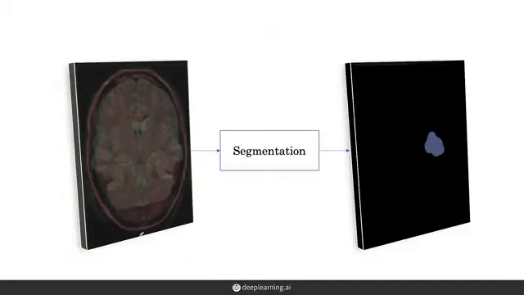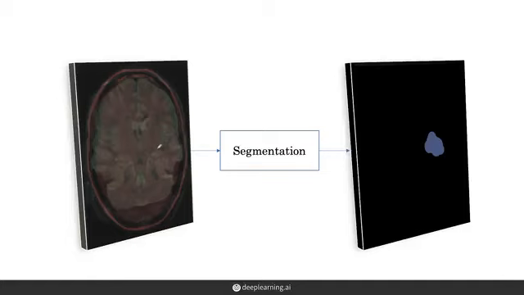Now that we've seen how we can represent MRI data, let's turn to the task of brain tumor segmentation. Segmentation is the process of defining the boundaries of various tissues. In this case, we're trying to define the boundaries of tumors. We can also think of segmentation as the task of determining the class of every point in the 3D volume. These points in 2D space are called pixels, and in 3D space are called voxels.